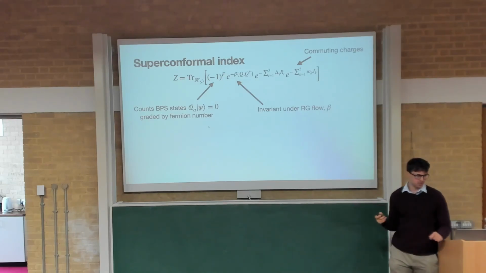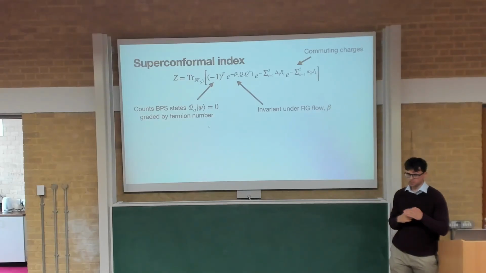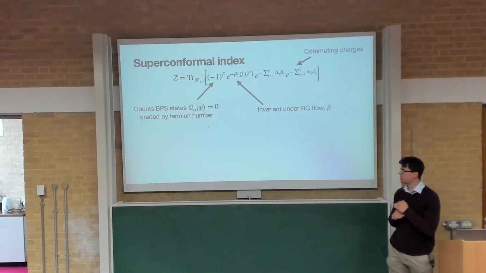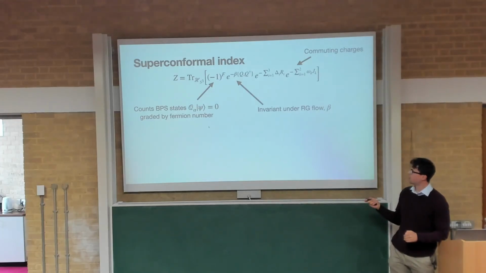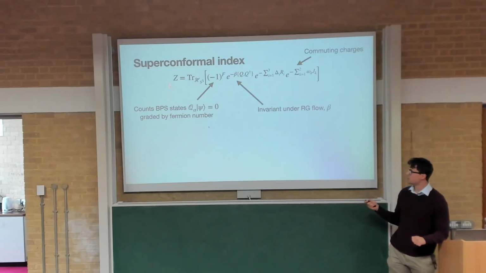The index counts opposite signs for bosons and fermions. It's possible for the BPS states to cancel in the index, and then it wouldn't be a very good approximation to the count of BPS states, but it will serve as a lower bound to the number of BPS states. And in that sense, we're using this as an approximation to the regular partition function. So we'll be treating this index as if it's the partition function of the theory.